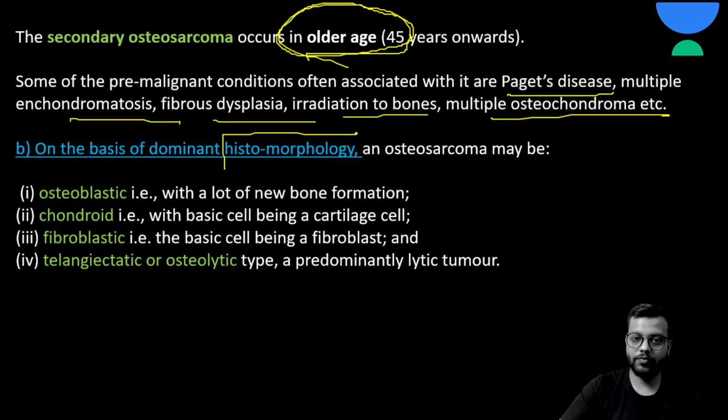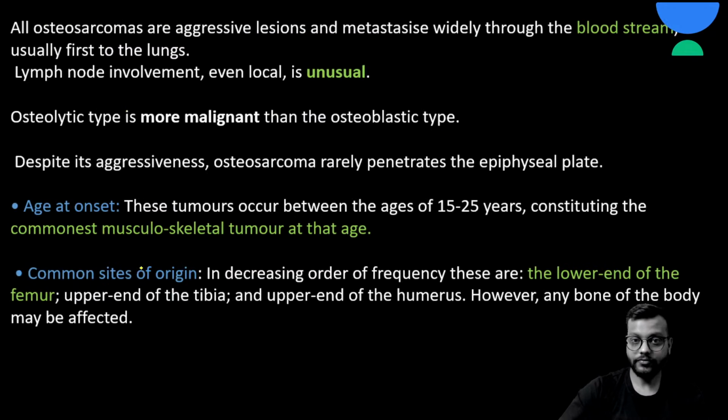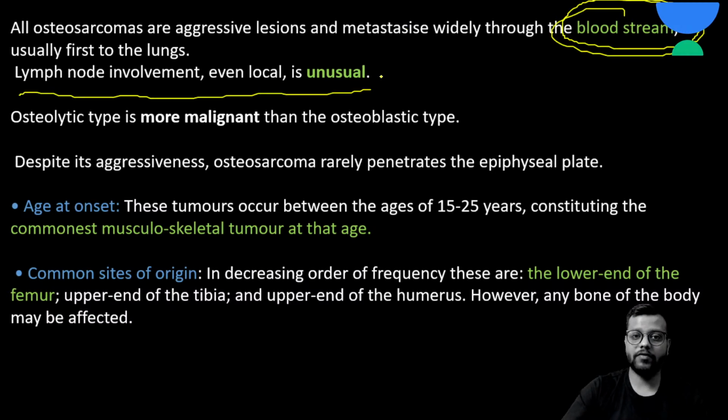And on the basis of histomorphology, there are four types: osteoblastic, cartilaginous chondroblastic, fibroblastic, fibrous, and very important and most dangerous, with the worst prognosis, is the osteolytic type, which is also called the telangiectatic type. Okay, now metastasis is through the hematogenous route, and remember lymph node involvement is very unusual. The age of onset is the young adult, 15 to 25 years of age, and in this age